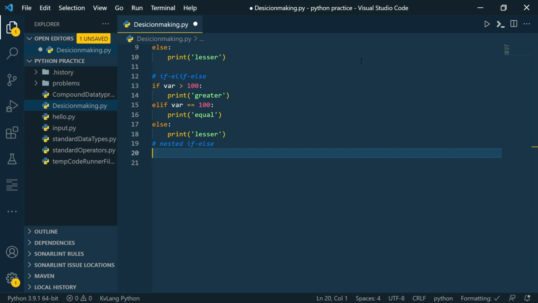So that means we are checking two conditions. If it is raining, we wear a raincoat, otherwise we just go out. Similarly, in Python, if you want to check more than one condition, we will use nested if else. So let's see how it is done.